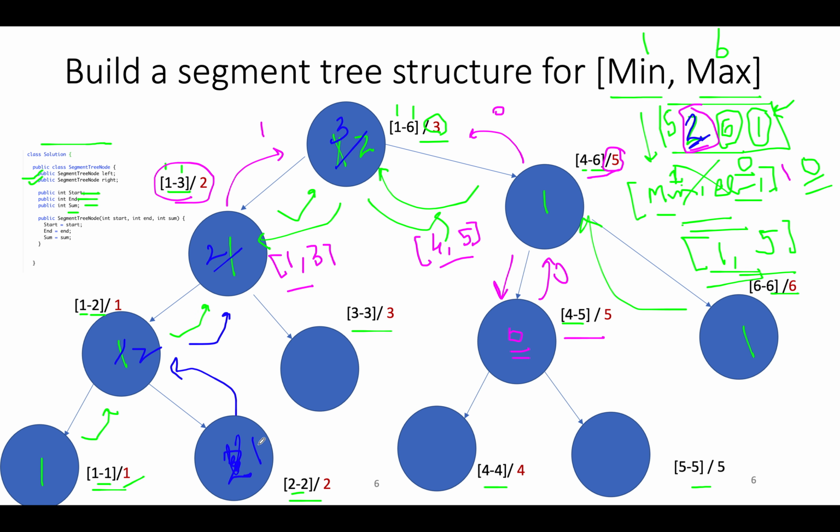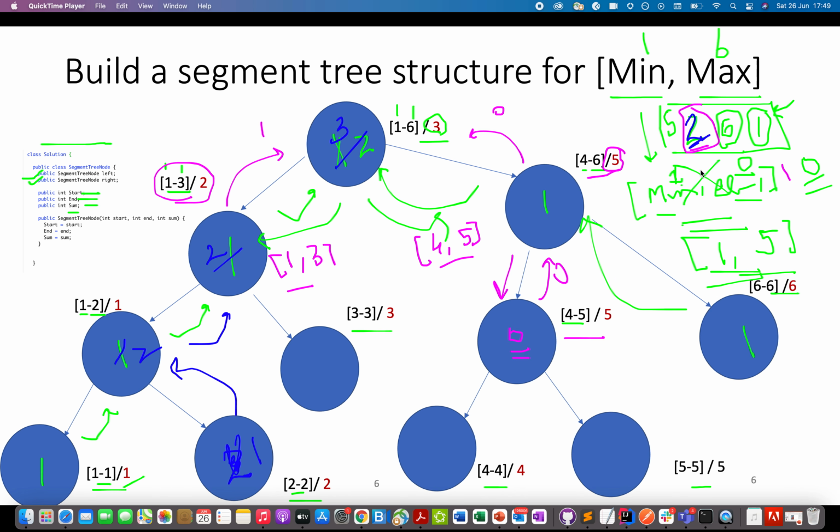I hope you're following this. Every time we are updating a node in the segment tree, we have a decision either to move in the right direction or left direction. Therefore, the complexity of this approach is log n, not order of n. So again, let's calculate the count of those values which are lower than 2 in the segment tree.